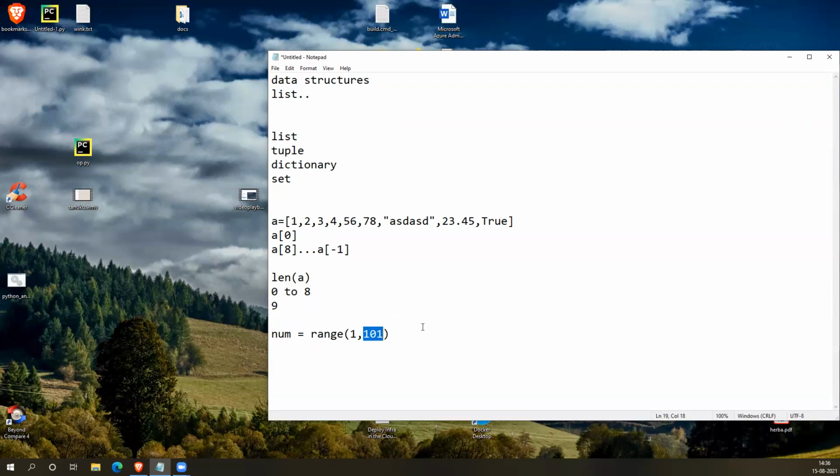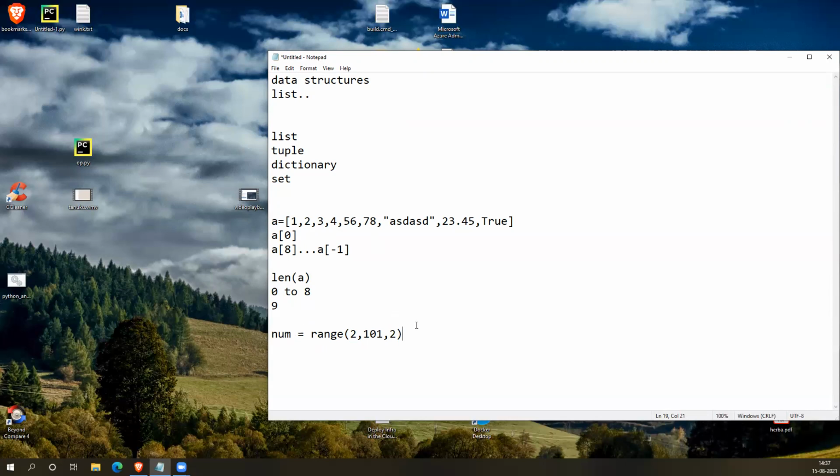The starting number will be included. If you need only the even numbers, you need to mention the step size also. After 1, you need to start from 2. Then after 2, the next element should not be 3, it should be 4. So one number is skipped. For that, we keep the step size as 2, like this. Once this range is created, this number variable will be pointing to a range object.